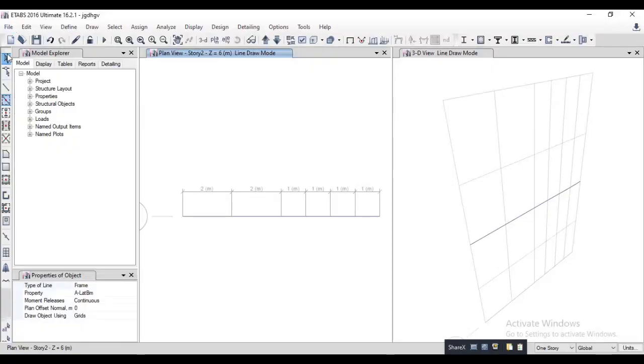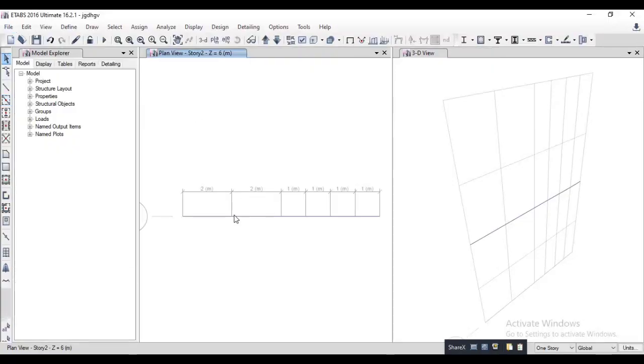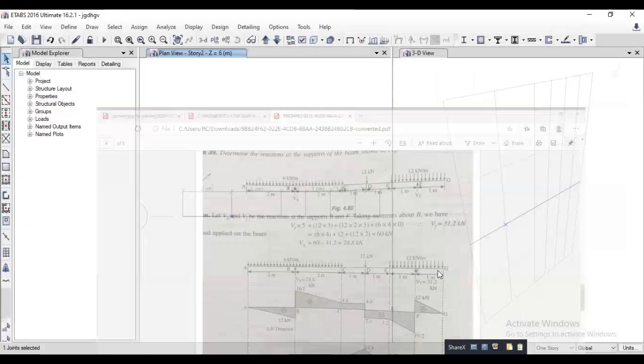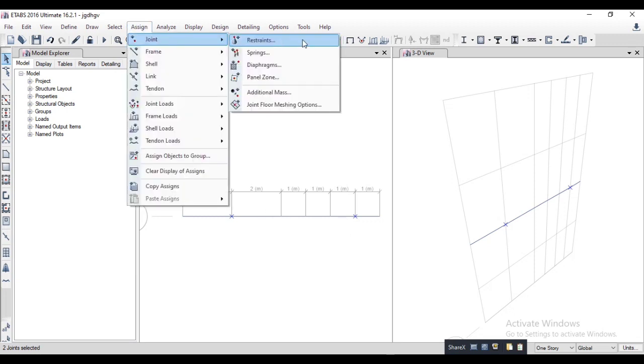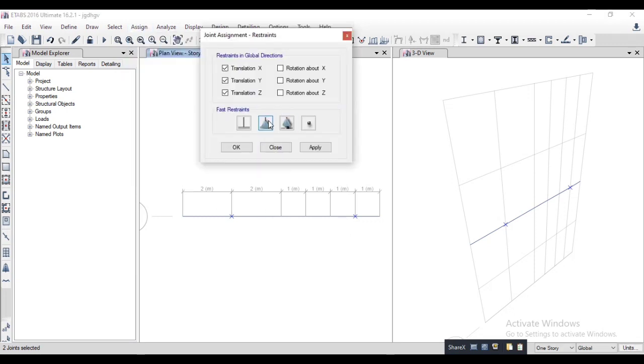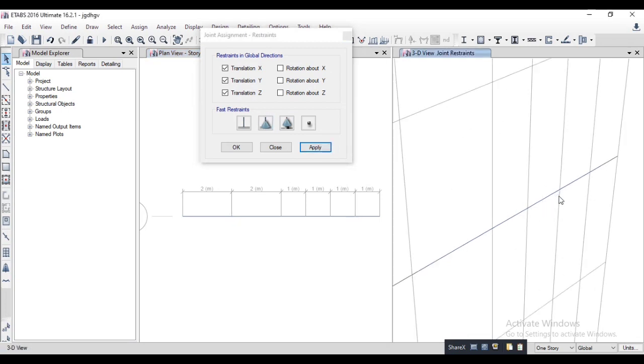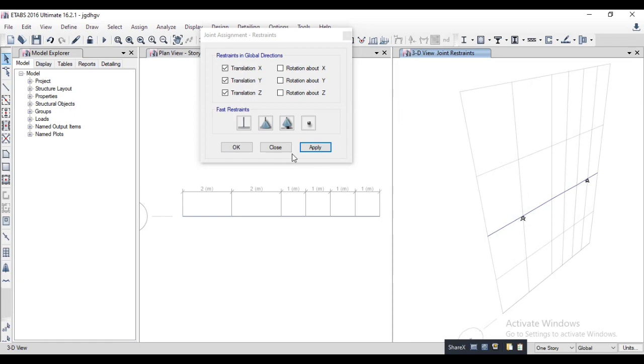So select object at point B and point F, go to assign joint restraint, and you can see here the joint is successfully assigned.